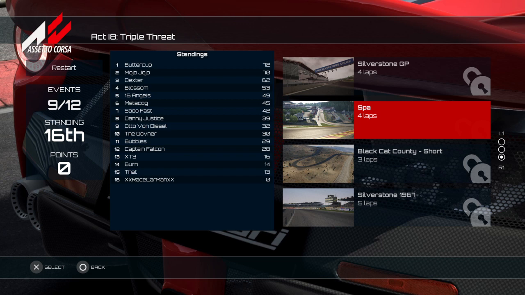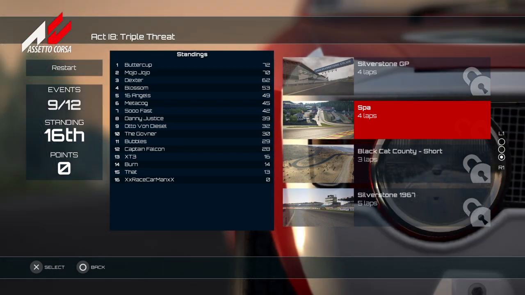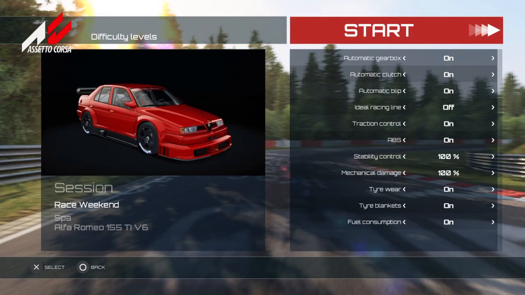I figure we'll just finish off with this act. So we have left our Spa, however you want to pronounce it. Tracks remaining are Spa, Black Cat County short layout, and classic Silverstone for the finale. After which we move on to Act 19, Group C Chaos, which, Group C basically thinks Solaire CX4, but actually